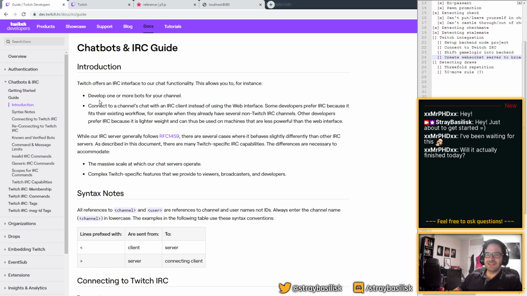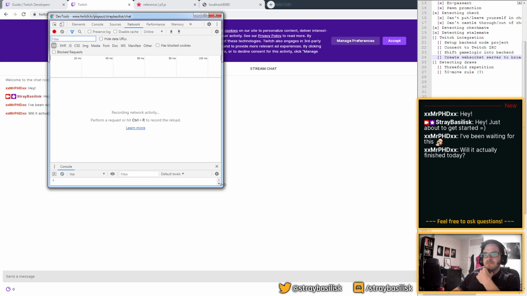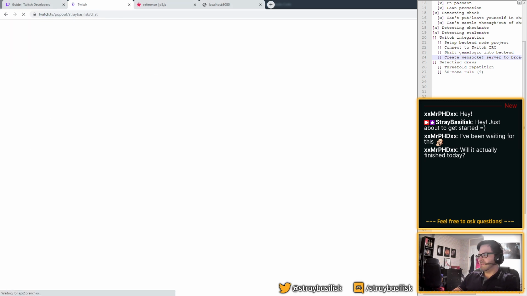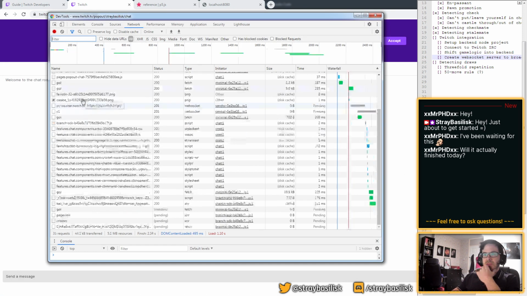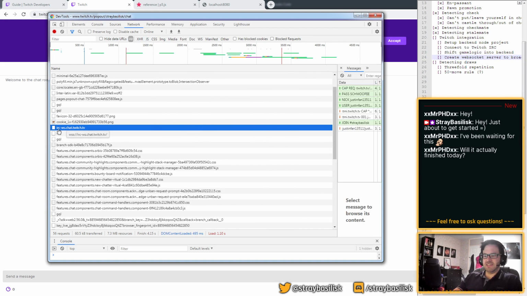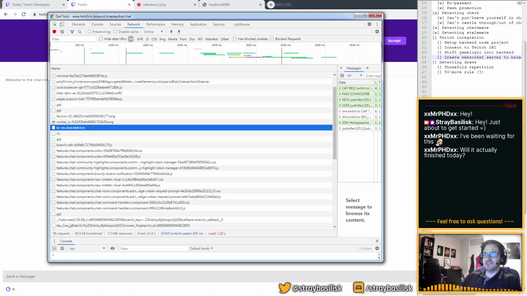How did this work? Twitch chat works via IRC, and I had noticed that if you look at this chat here, in the inspector, in all the network stuff it does, let me refresh. You will notice that it makes a WebSocket connection to this URL here, ircwebservice.chat.twitch.tv. I had assumed this was an internal undocumented thing,